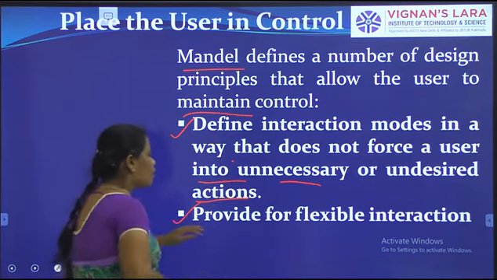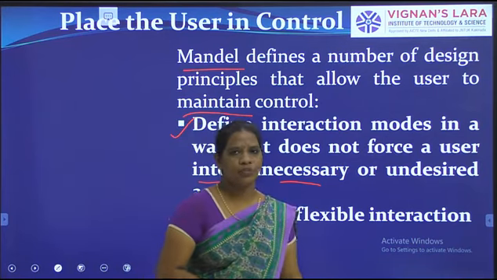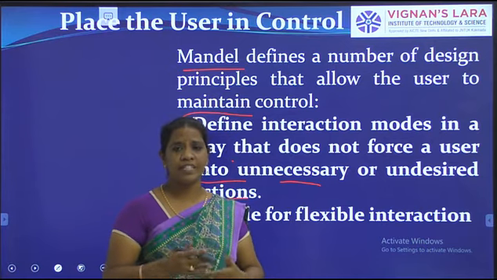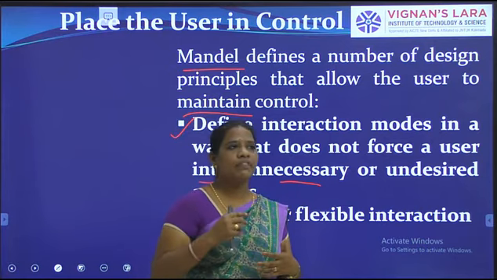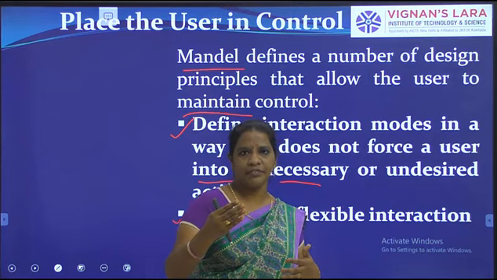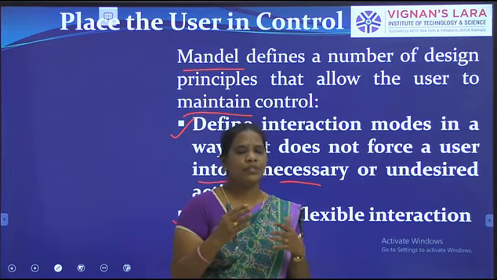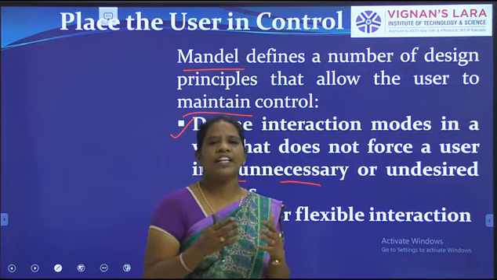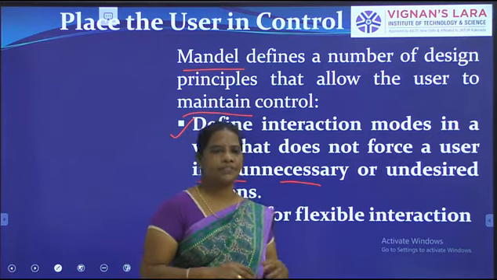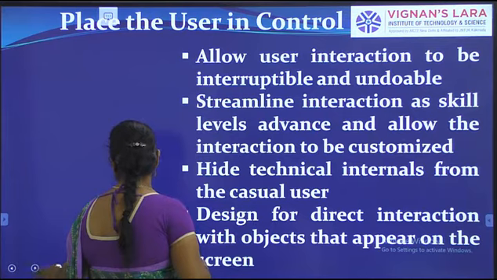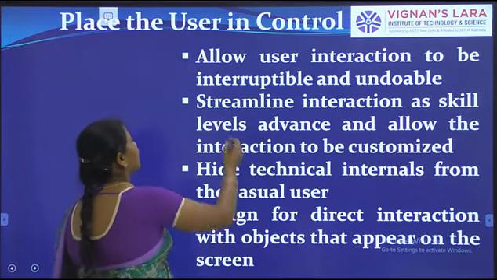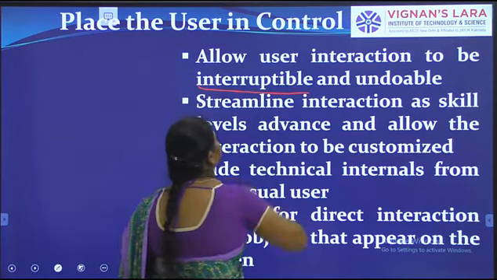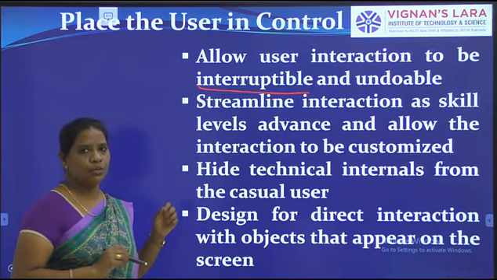And the second one is provide for flexible interaction. So we have to give some flexibility in the interaction. That means whatever system we are interacting with should be very easy for the user to understand. You should not get any complexity when interacting with it. Okay. And next,